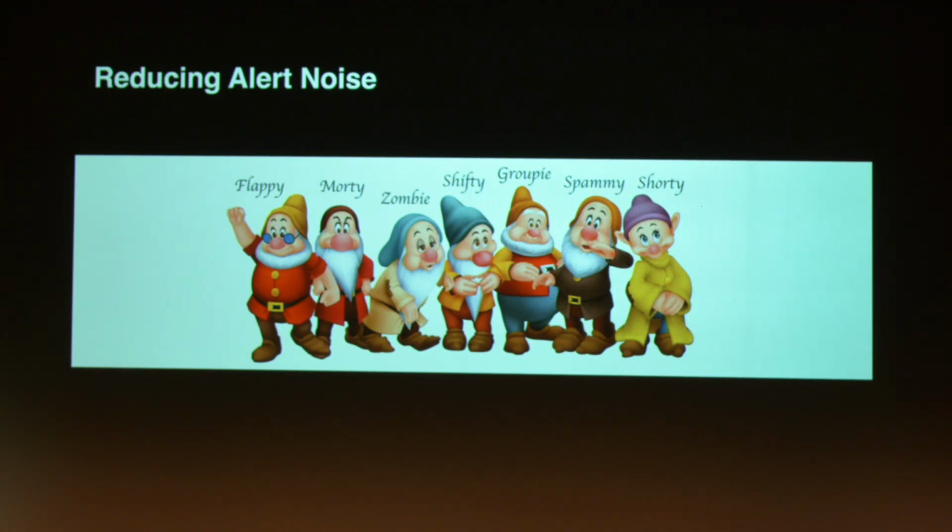We did our studies. We tried to find anti-patterns in detection, and we boiled these down to 7. I will not go into detail on what they are, but I will give examples of 2 of these, Flappy and Groupie. If you have questions about how we did these, please find me after the talk. I will be able to give some information.